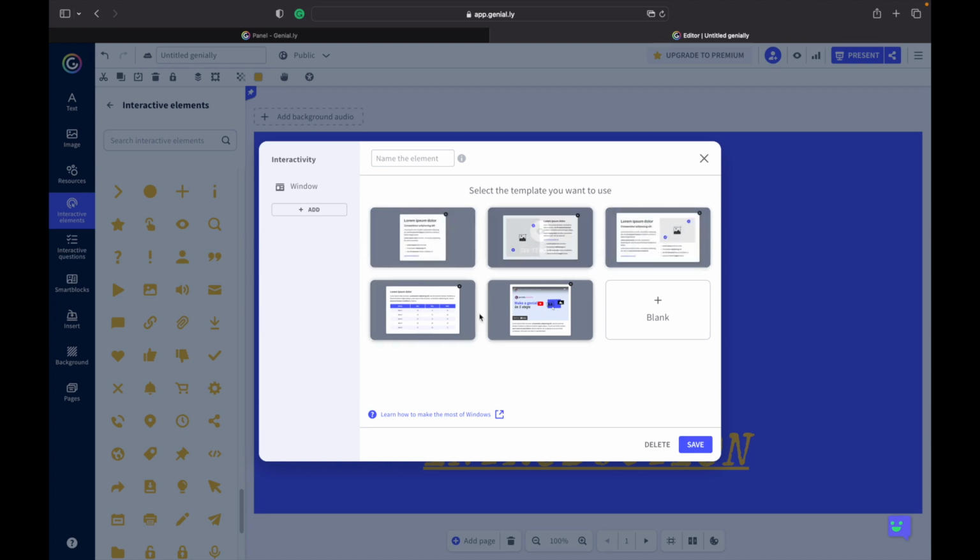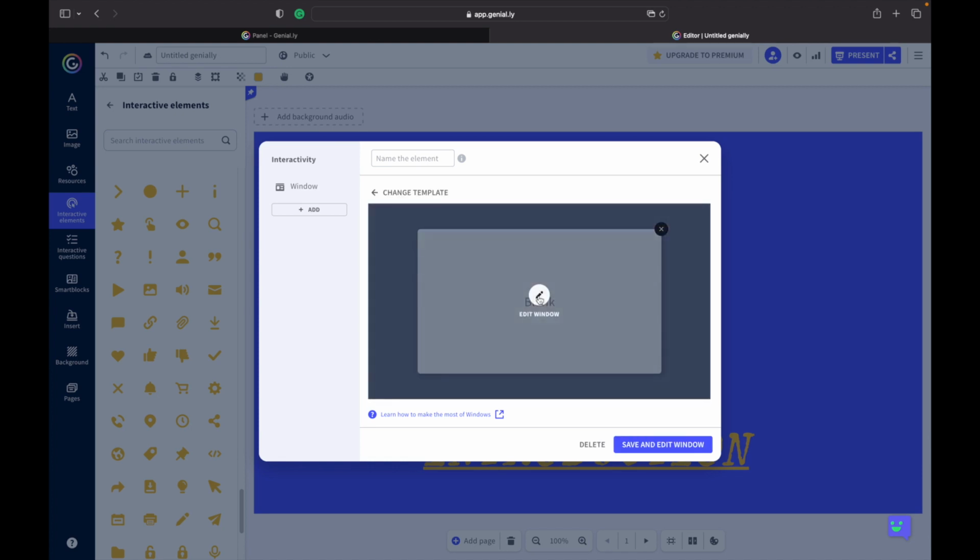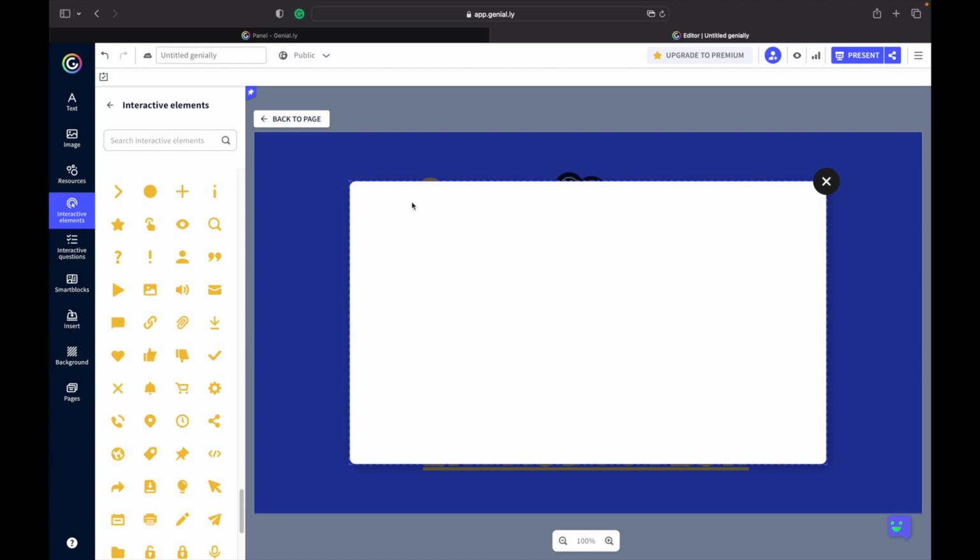Again, we get lots of different templates that we can use. I'm going to just go with a blank one here. So I'm going to select blank. And then once you've got this up, again, you can name the element. Click on edit window, and it will give you a preview of what that's going to look like. So if I select on it,